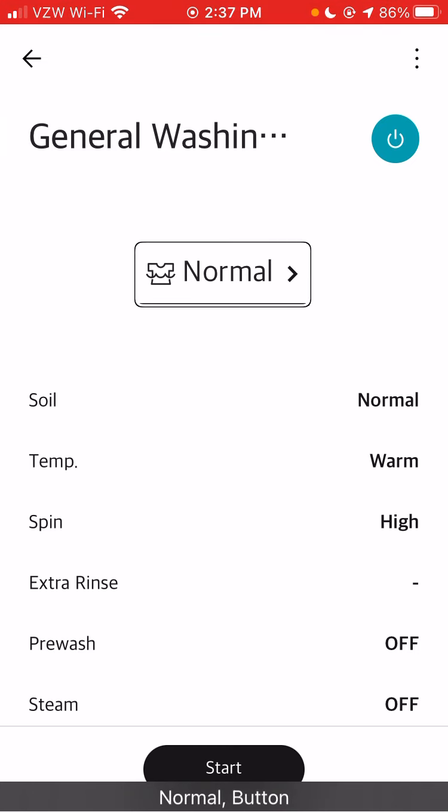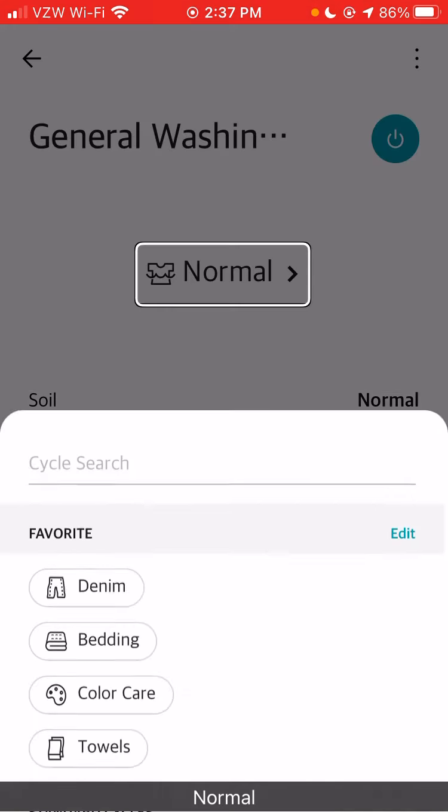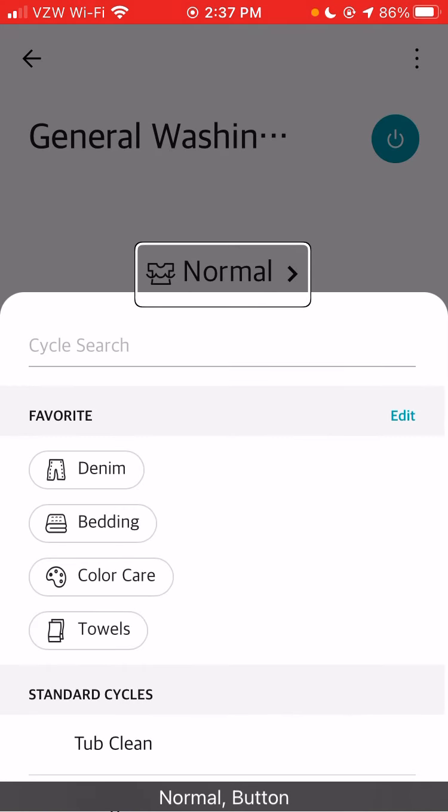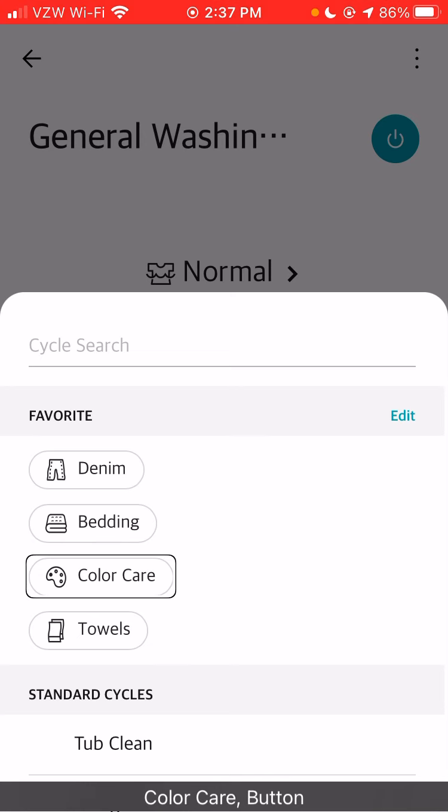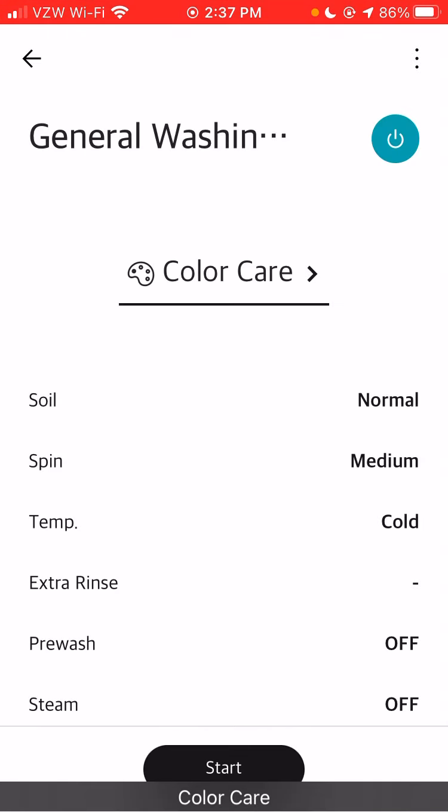Normal. Button. So if I hit normal button, I'm trapped on it again, so I have to hunt around the screen. Denim. Button. All right, so denim. Bedding. Color care. Button. Let's say color care. I use this one a lot. So let's double tap that. Color care. And yet again, there is another trap. So I'm stuck on color care, so I have to physically tap the screen again just to move the cursor to whatever new